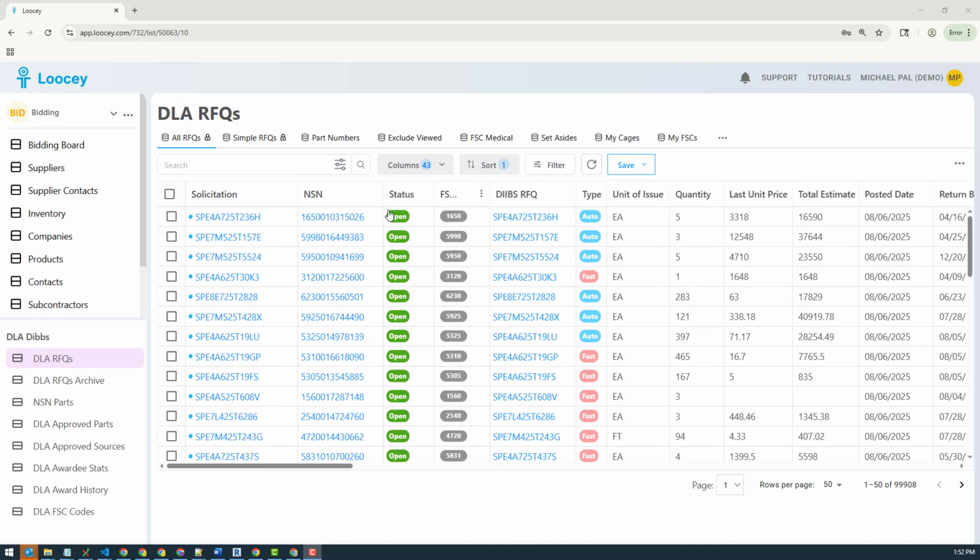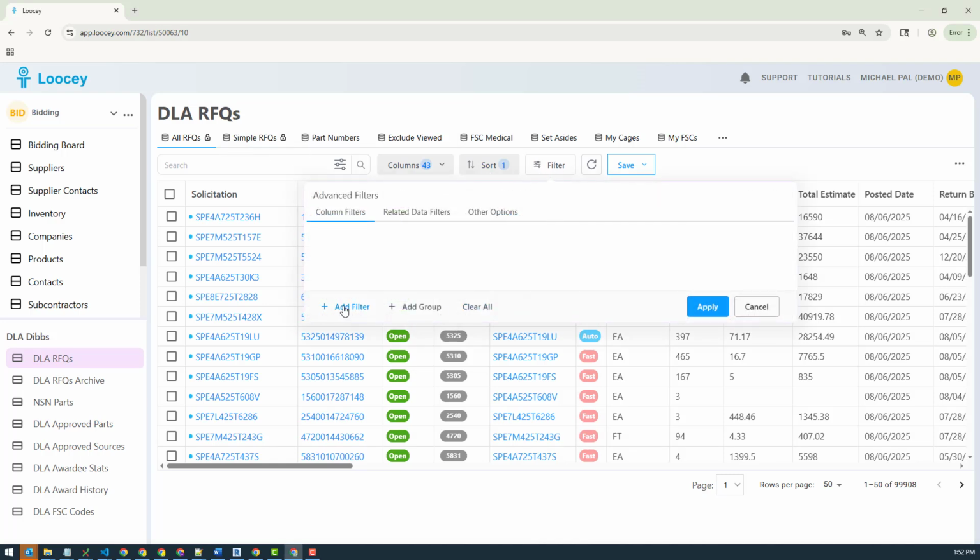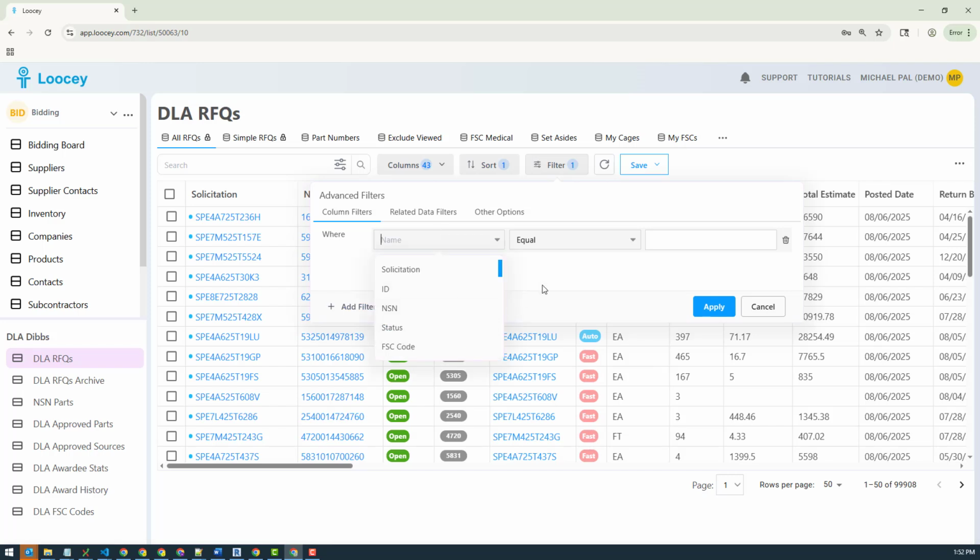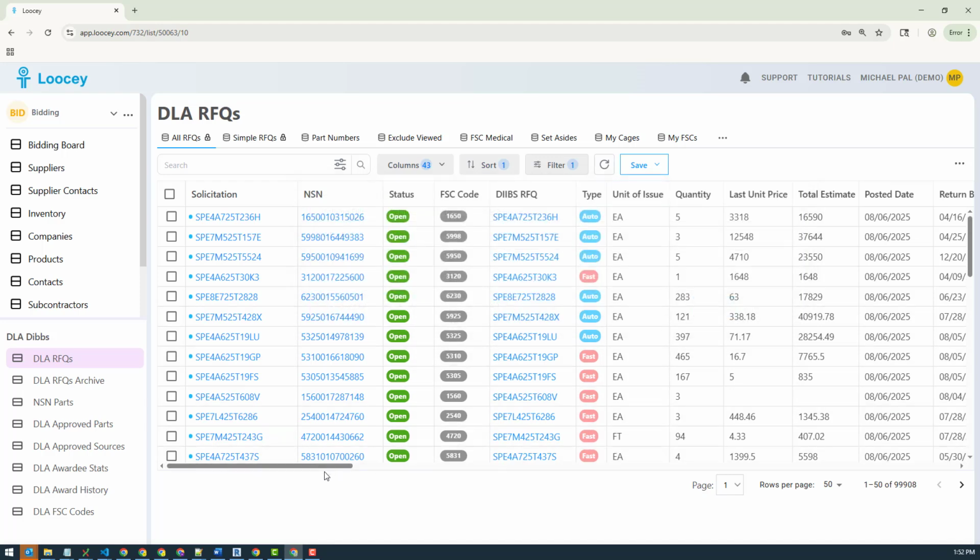So first of all, we all are familiar with Loocey filters. They are pretty advanced, right? You can create a filter based on any column, any combination of things, and search. The trouble is, what if you want to search by data that's like hidden inside another table? For instance, if you want to search by part number. So we know when we open up